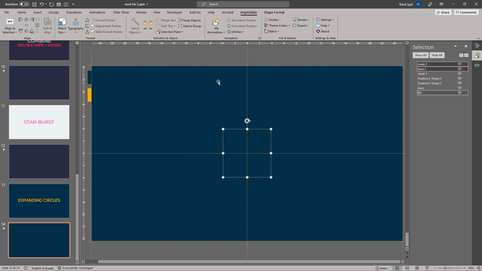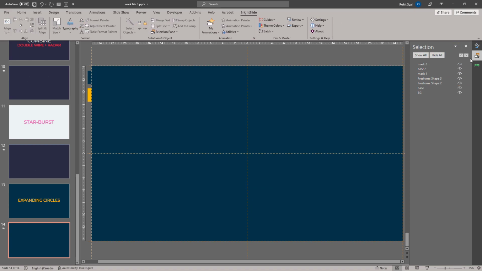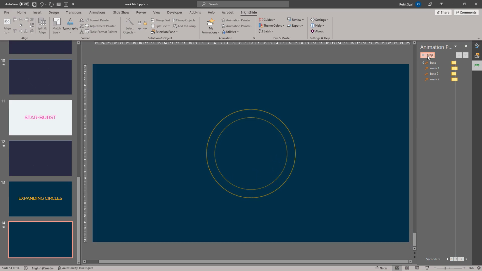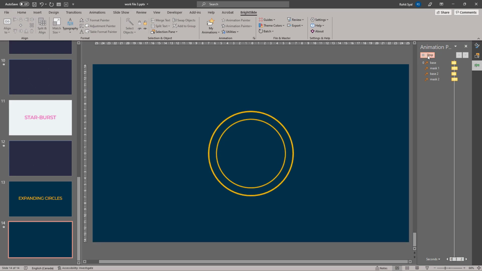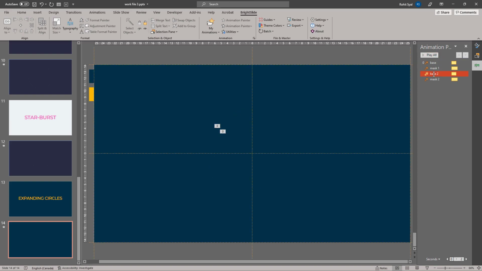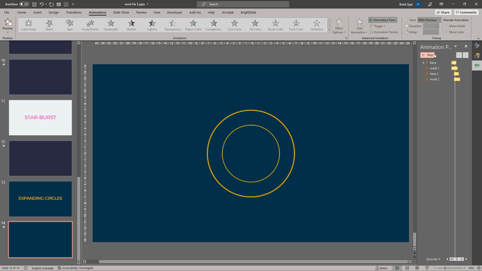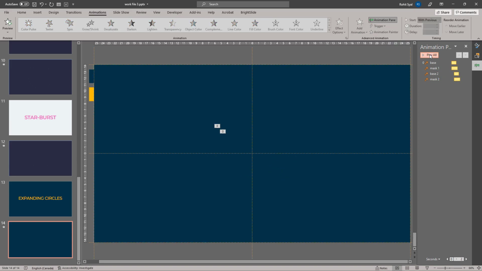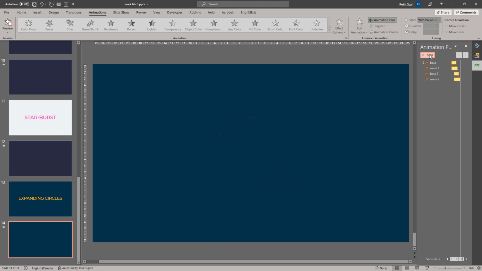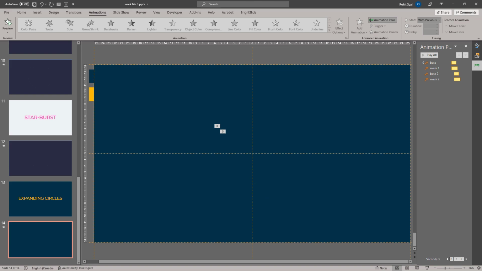Let's bring the background back. Once again, let's ensure everything is aligned and let's play it. Now both the ripples are appearing simultaneously. So for the base 2 and the mask 2, let's add a slight delay so they appear after the first animation is done. So it looks like a more natural ripple effect. And that's a quick and easy way of making expanding circles or rippling circles.